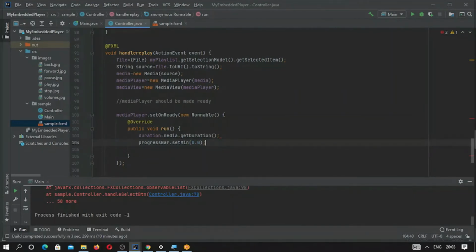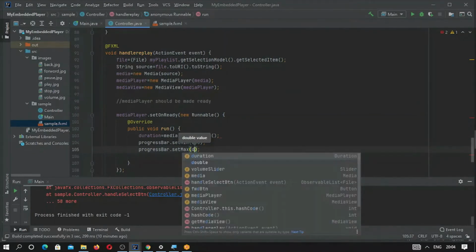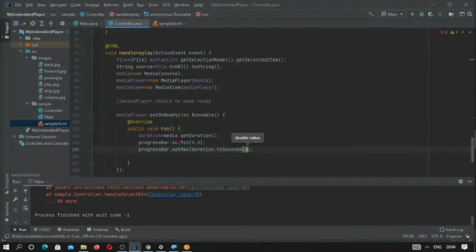It takes a double value. Then progress bar, it is a simple slider, dot setMax. The duration is in seconds, and we want a double value, so the method duration dot toSeconds will convert it. So now we have the media duration, and we have set the slider's maximum value, the slider endpoint.